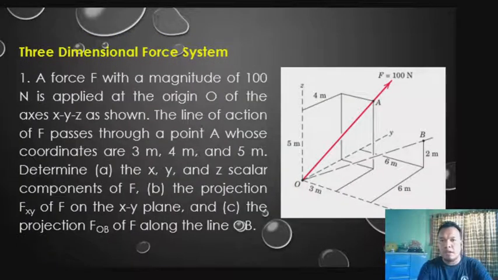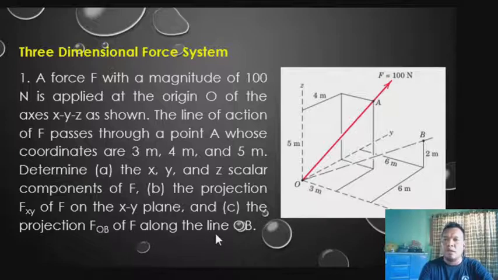So, solve po tayo ng problem. So, we have here problem number 1. A force F of a magnitude of 100 Newton is applied at the origin O of the axis X, Y, and Z as shown. The line of actions of F passes through the point A whose coordinates are 3 meters, 4 meters, and 5 meters. Determine A, the X, Y, and Z scalar component of F. Letter B, the projection Fxy of F on the xy plane and the projection FOB of F